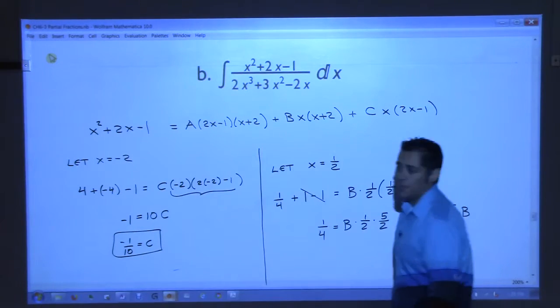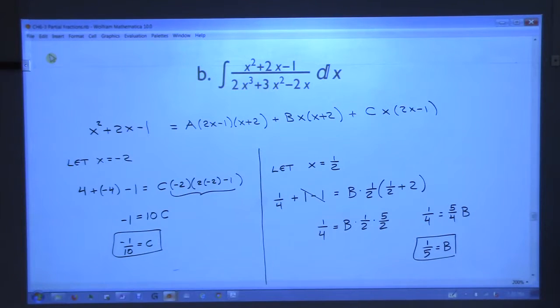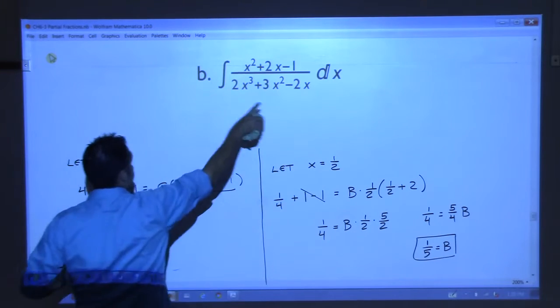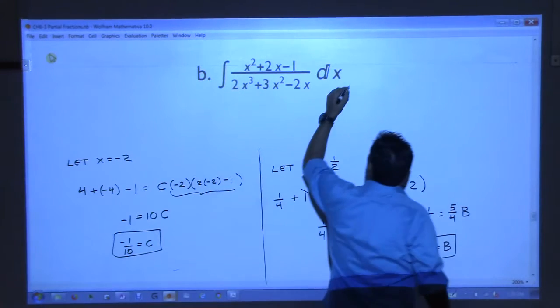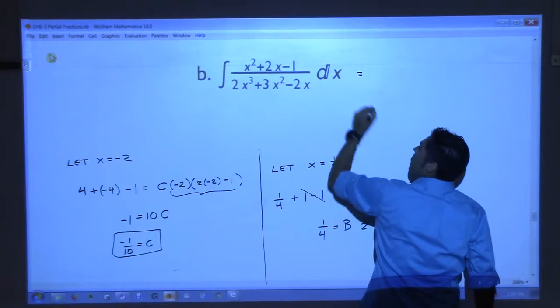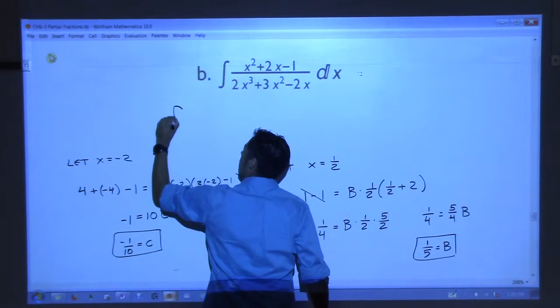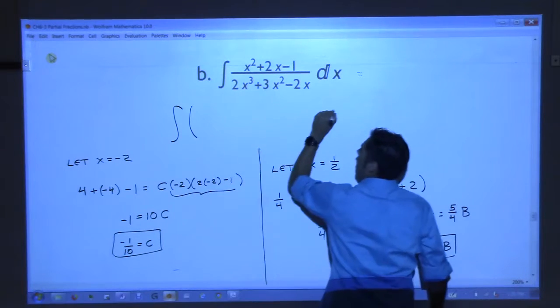We have found a, b, and c, haven't we? All right, so now we're ready to go after the integral. We can actually do this now. So what we're saying is this. We're going to go back up to this. This integral is equal to the integral of